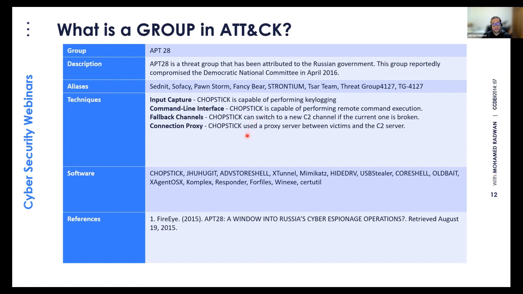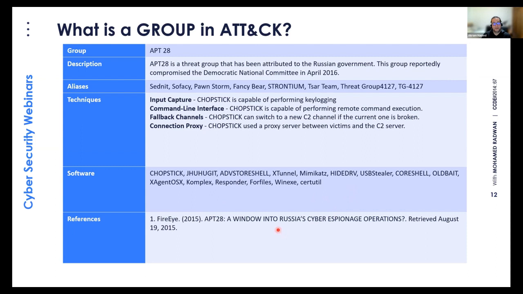And this group specifically usually uses certain software, like external Mimikatz, Core Shell, and so on, or Certutil, which is, by the way, one of those tools that are actually native Windows tools, which is another technique called living off the land. Living off the land basically means using whatever is provided by the host, which in this case is the operating system,